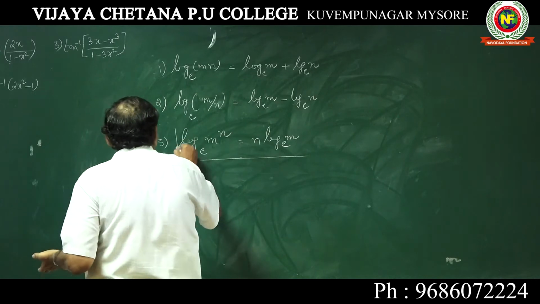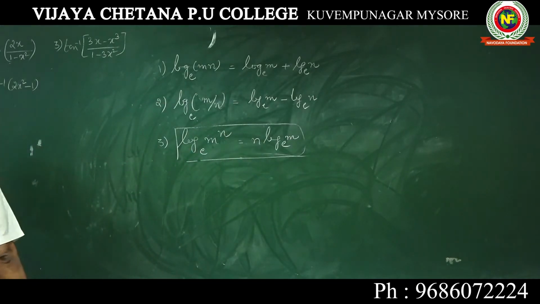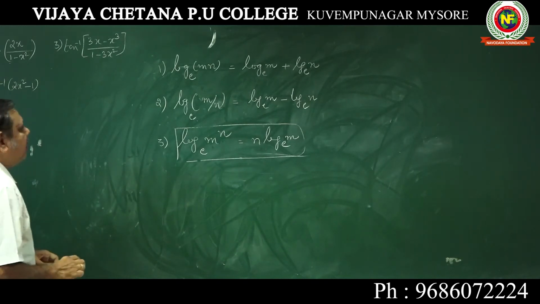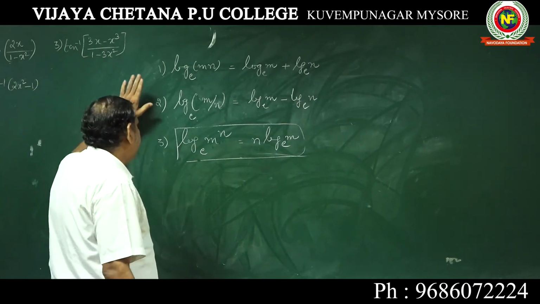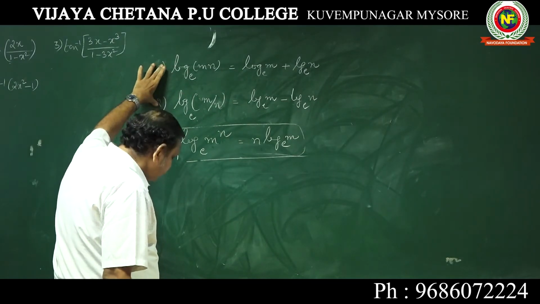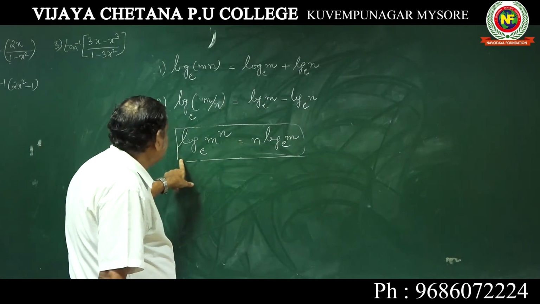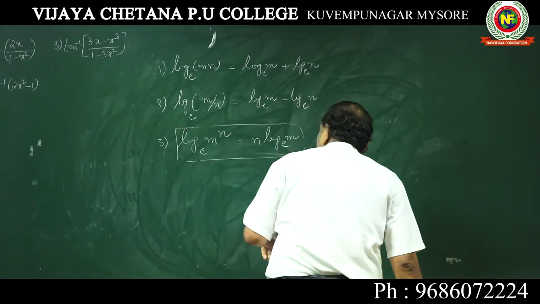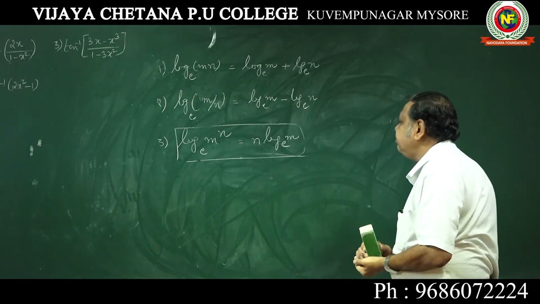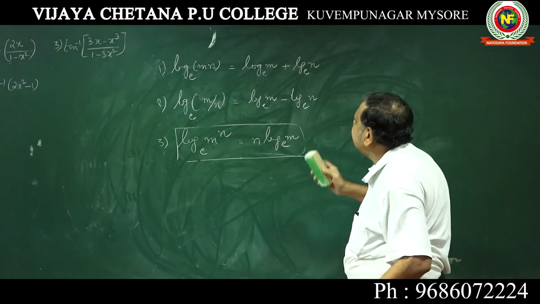Understood? This particular thing we make use of regularly. There are so many other things also, but that is not required. Whatever is required for our problems, I will tell you. I will not fill your mind with unnecessary things. So of these 3 important things, these 2 we will make use of mostly in the second type. This we will use in the first type, where we are going to differentiate. So please note down the formula. I hope you have taken down the formula very well.